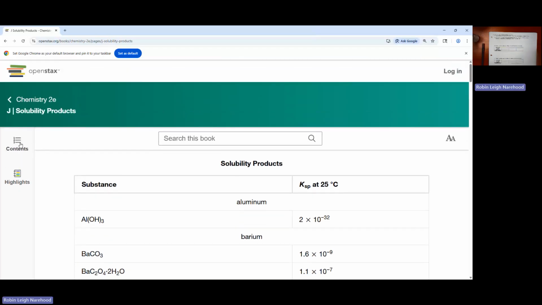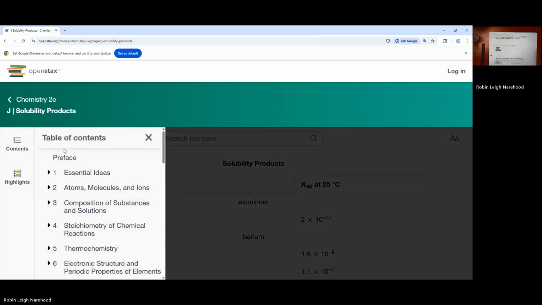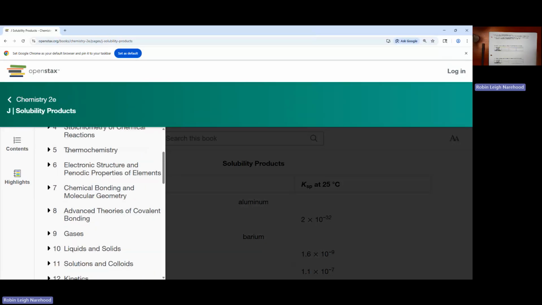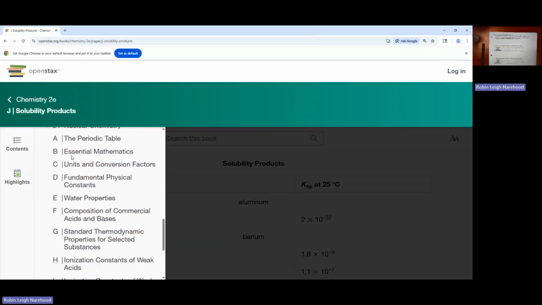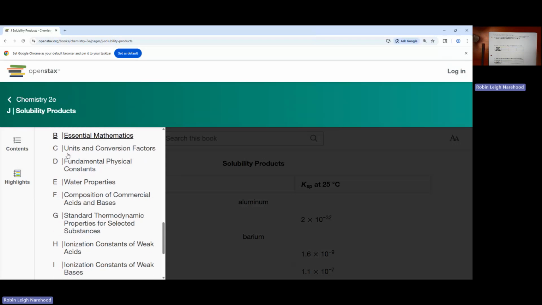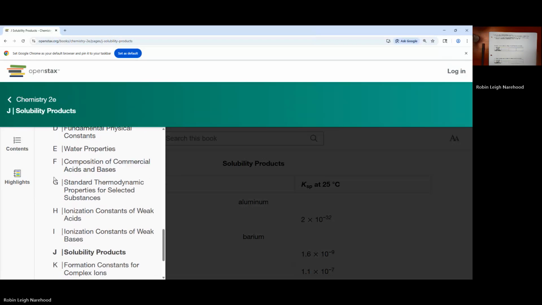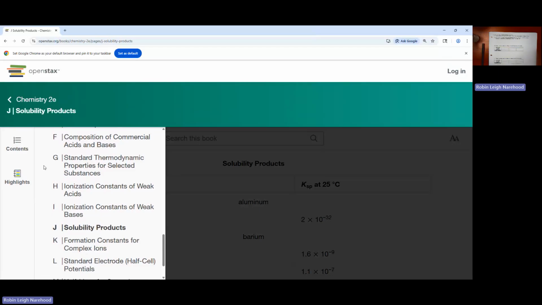So if you go to OpenStax and go to the table of contents, you're going to scroll all the way to the appendices. For the rest of the semester, we are going to be using different appendices. We could not use an appendix for all of our constants for those reactions because those are chemical reactions. These are known things that are easy to measure, like they're consistent. And so the ones that we are going to be using for the rest of the semester,